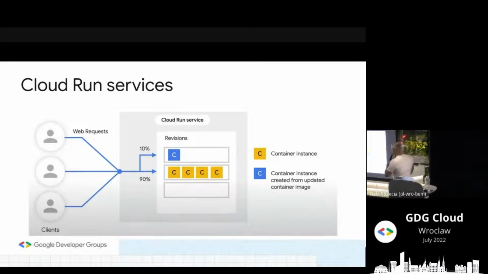Another nice feature with Cloud Run, which is very, very easy to use, is this: imagine we are living in a world where our services, applications, and code are constantly changing, right? So most of the time we deploy something that tomorrow will need to change. And we don't know if this change will actually work as intended or not. So if you are a developer and you have created applications so far, you know the concept of A/B testing, right? We need to compare if the new version of the application will work as we intended. We change something and we just need to test it out. So instead of testing on production,